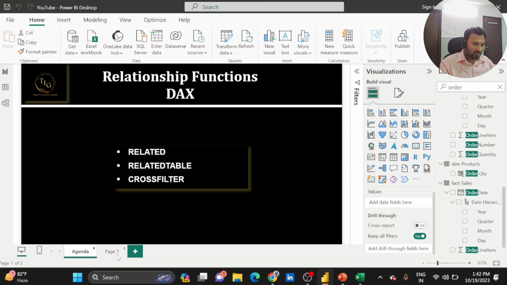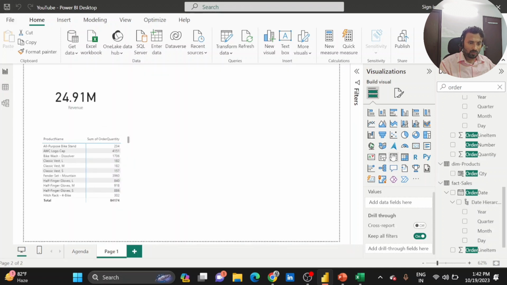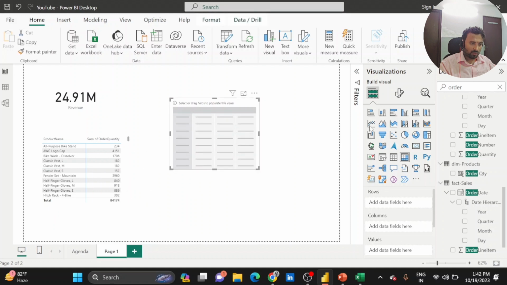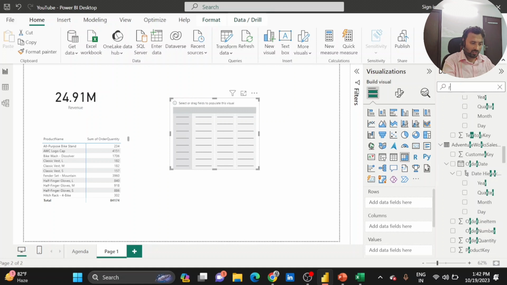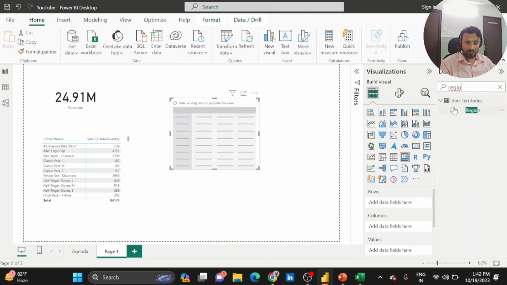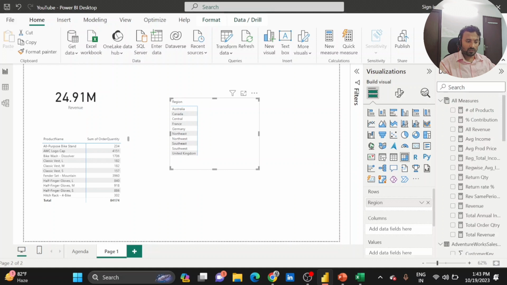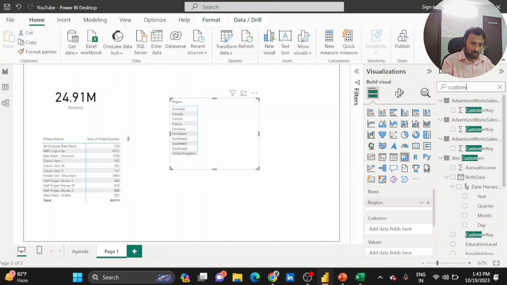The scenario is that let me just create a matrix over here, and we have the territory table. In this territory table we have the regions. So against every region, like Australia, Canada, Central, likewise we have the regions. How many customers do we have from these various regions? I want to calculate, right? So if I go and directly drag and drop this customer,